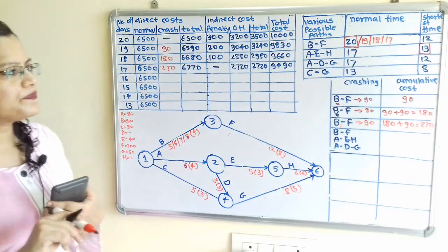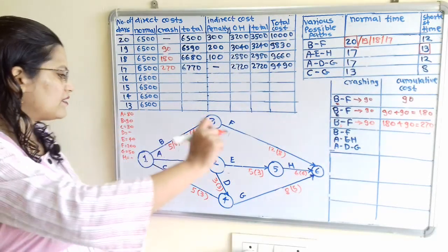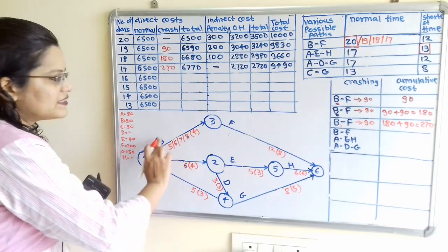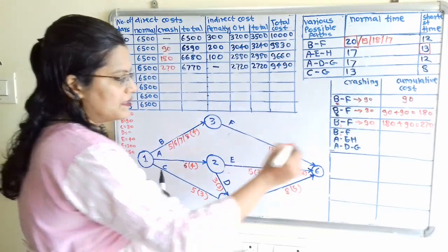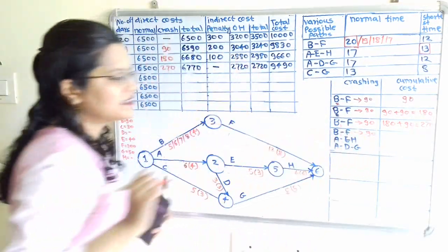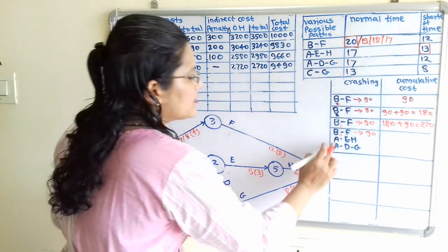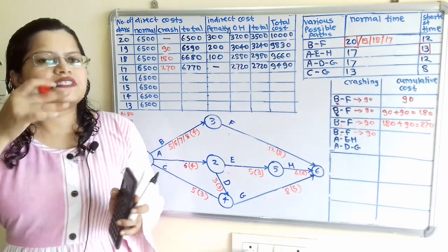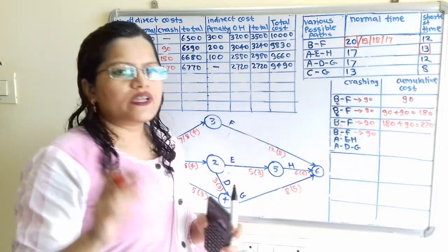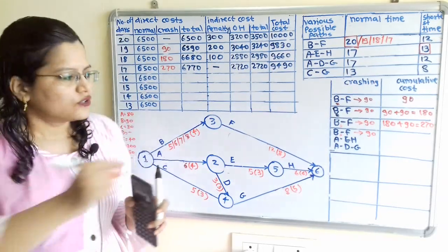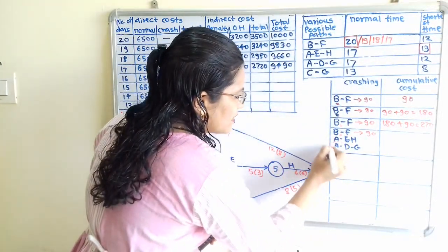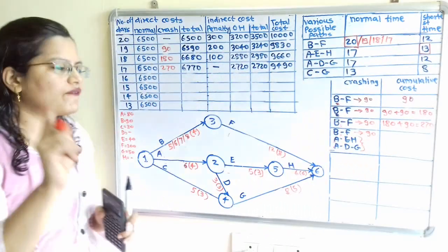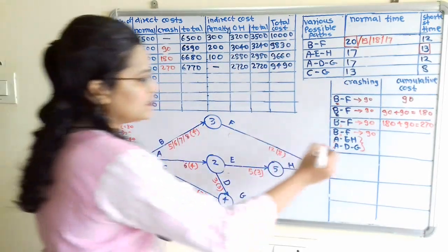Now we will select the activity. So which activity we can reduce? So here normal time is greater than the shortest time. So for this activity B, we can select this B. So for this B, rupees 90 is there. Now if we compare these other 2 activities, there is the common activity A. So we will see, if we select this common activity A, then we have to take the single cost. So if I select this activity A in combine from these 2 paths, then we have to reduce the cost for only one time. That is for A, cost of reduction is 80.